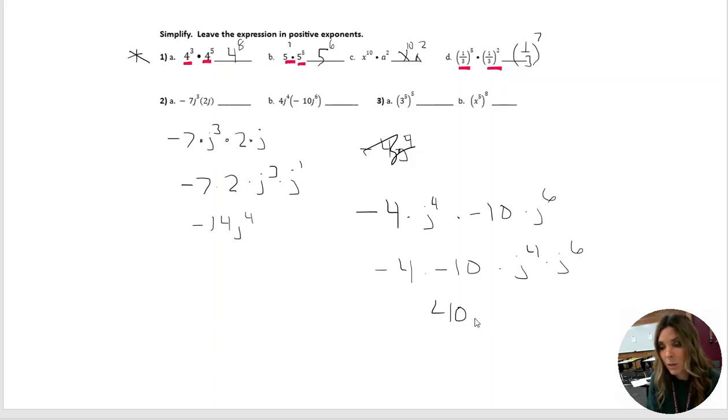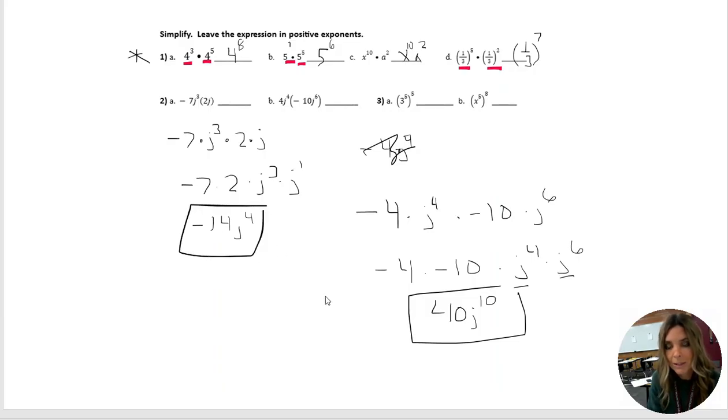And then j to the 4th multiplies with j to the 6th, and these are like bases. So we keep the j, we add the exponents. This would be our final answer. Okay, so for #2, this was our final answer for 2A, and then this is our final answer for 2B. Okay, next one. The next rule is